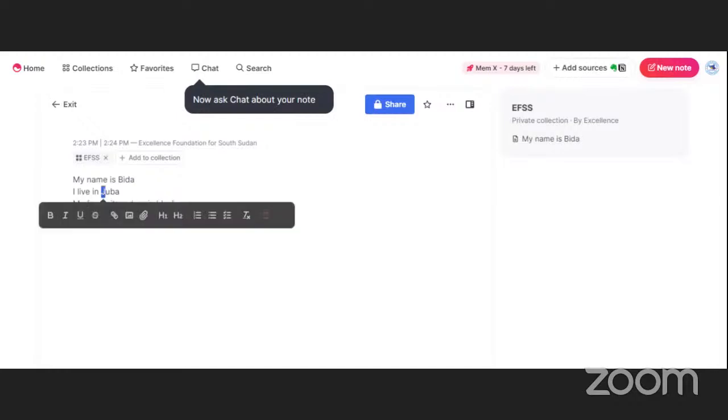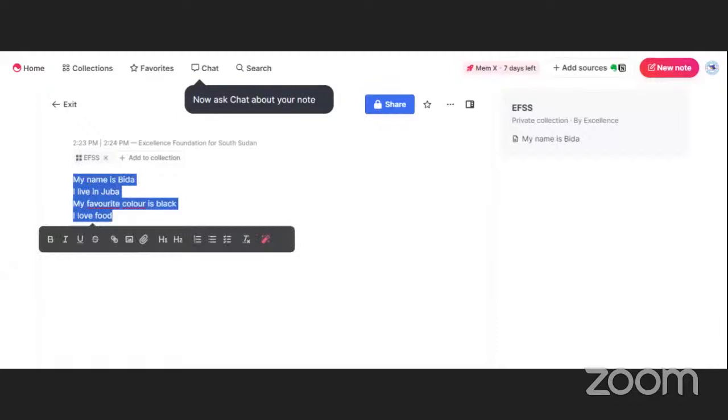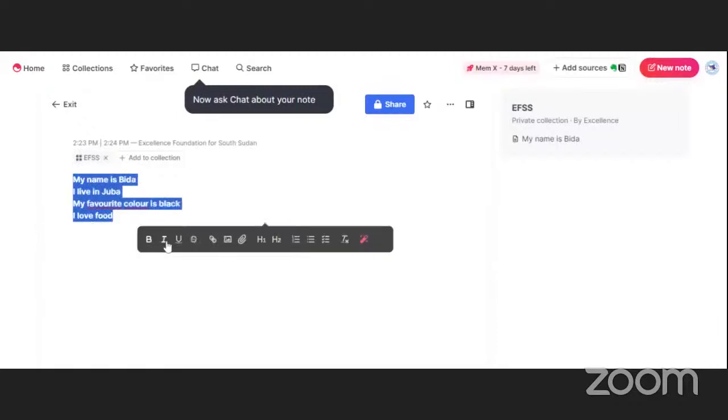You see? So you can just take your notes here. You can actually edit them. You can make it bold, italicize, underline, strike through, put links, put bullets. So it's really on you to decide what you want to do with it.